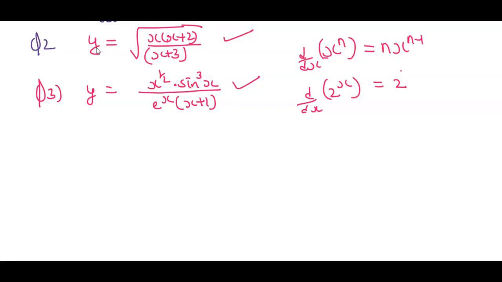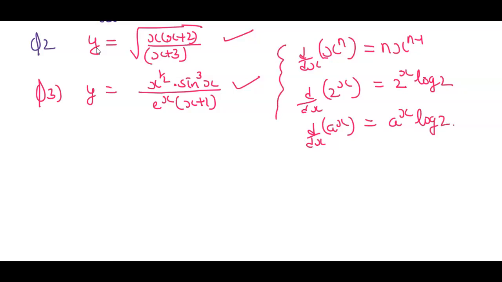It is 2 to the power x log 2, simply the formula for a to the power x. And also I know that derivative of an exponential function e to the power x is equal to e